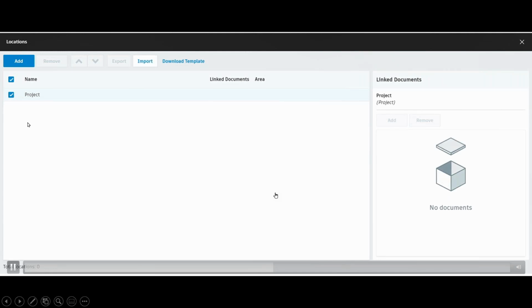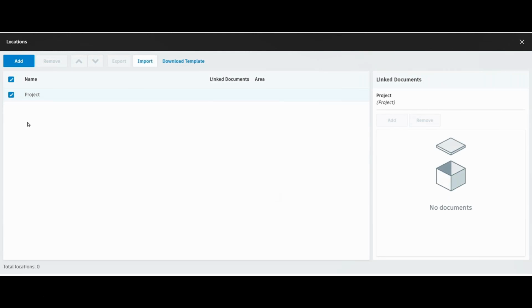Next, from an admin point of view, is locations. If you're clicking on the locations and it does take a while to load, don't be like me the first time and think it doesn't work. It just needs some time to load. Here you can